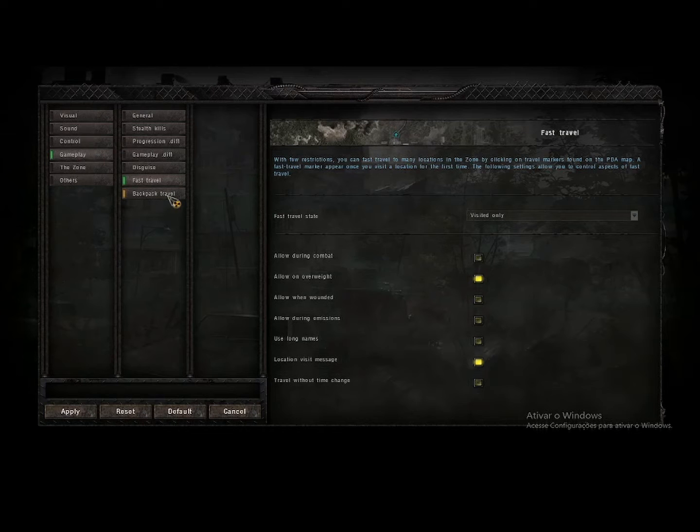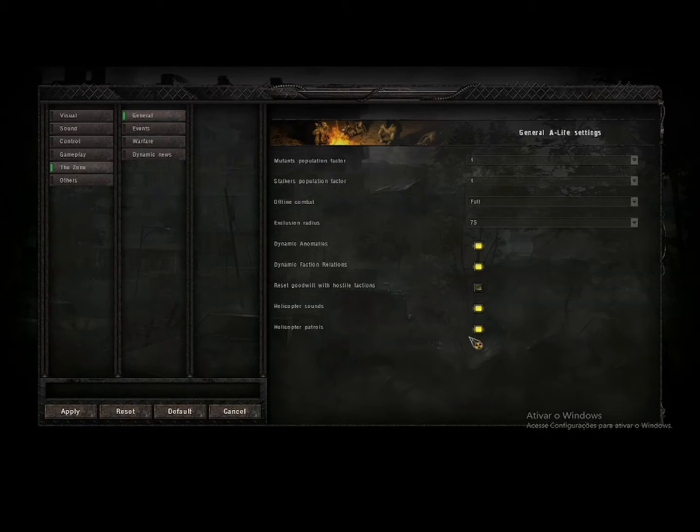You have fast travel over here. You can choose whatever you feel like, and also backpack travel, fast travel. Alright, these ones are the most important options that you have in the game. You have the mutant population, stalker population. I like to keep things balanced, so